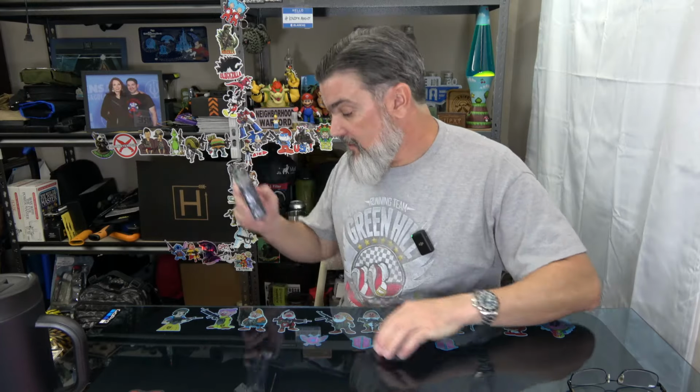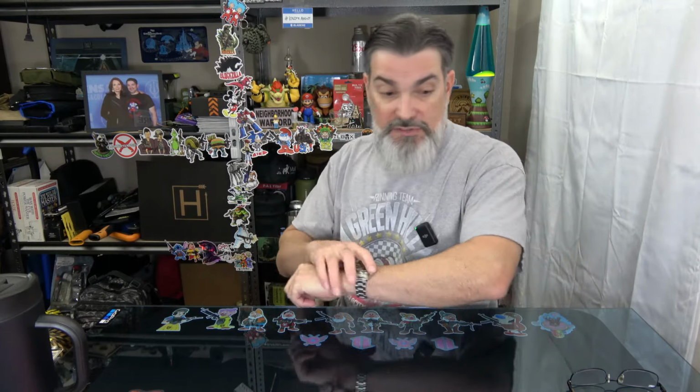So I didn't want to forget that because stuff like this is very important to have in your kit. Doesn't take up a lot of space, but it is very, very important to note to get plastic playing cards, not regular paper coated playing cards. You need the plastic ones. That way, getting wet, it ain't gonna hurt them. Okay, so the tarp and the deck of cards are going into the bag, and